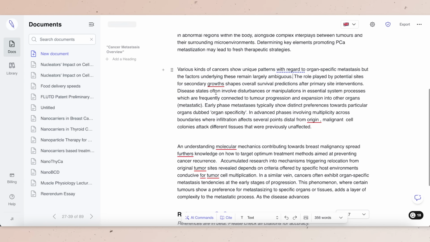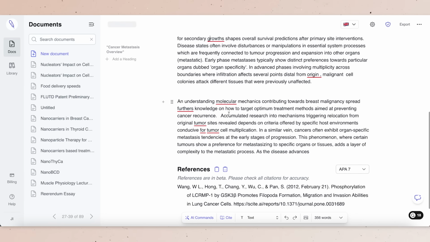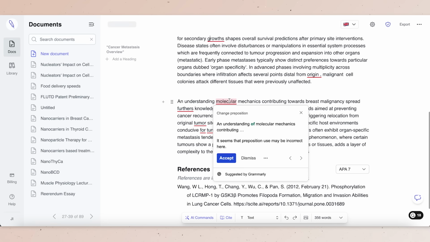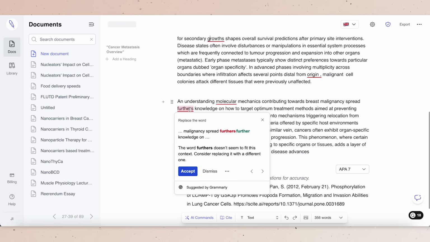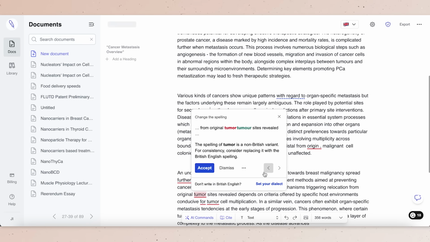And this is really helping you to know where you're going wrong, and in the future it's not just automatically changing it for you, but you're actually able to see what those issues are and accept or dismiss it if needed.